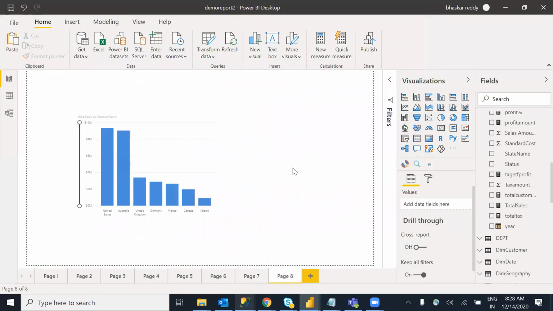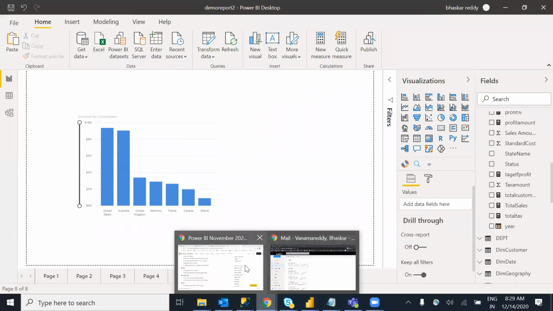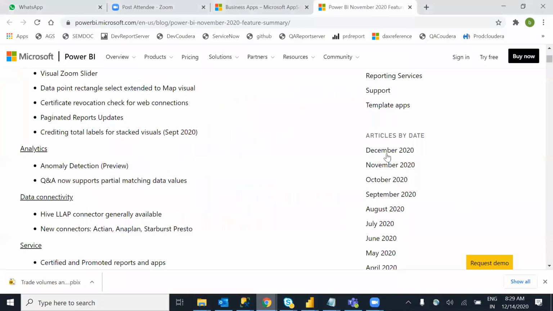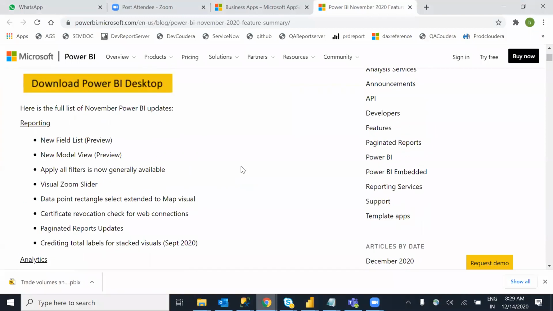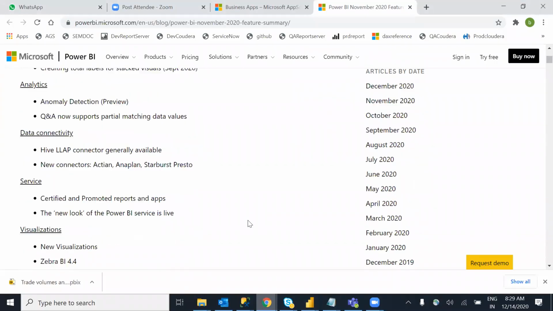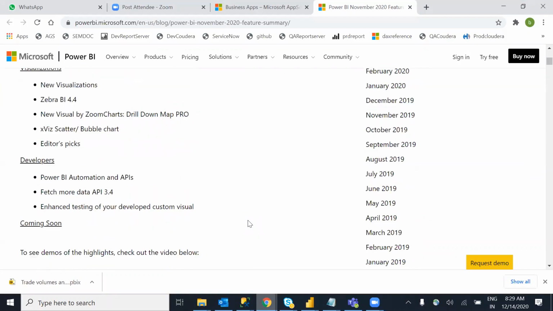If someone asks, you have to tell the month and year. Don't tell last year. If you are going for an interview this month, at least tell the last two months. Then you can get one or two features from there. For example, if you are working in November, remember one or two of the new options that are available. From here we can check at least two points. No need to tell all these points.